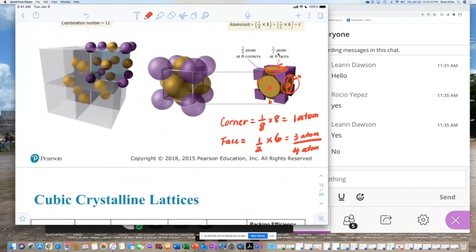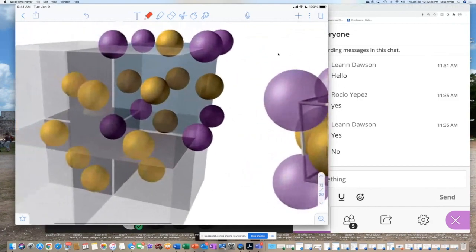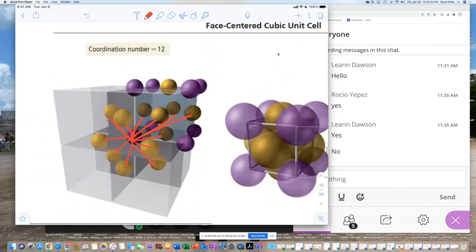Okay? Now, for the coordination number of this, first of all, they don't use dotted lines, so they kind of leave me lost. I'm just going to tell you right now, it's hard for me to see this, but let me draw this for you. You have that, that. 1, 2, 3, 4, 5, 6. So when you count all of these, they say there's a coordination number of 12. Can I see it myself? No. Do I just believe what they say? Yeah, because I really cannot. It's hard for me to see how these 12 are arranged,